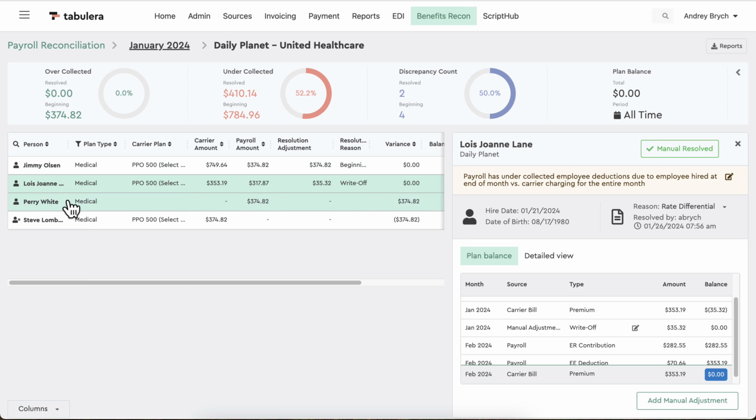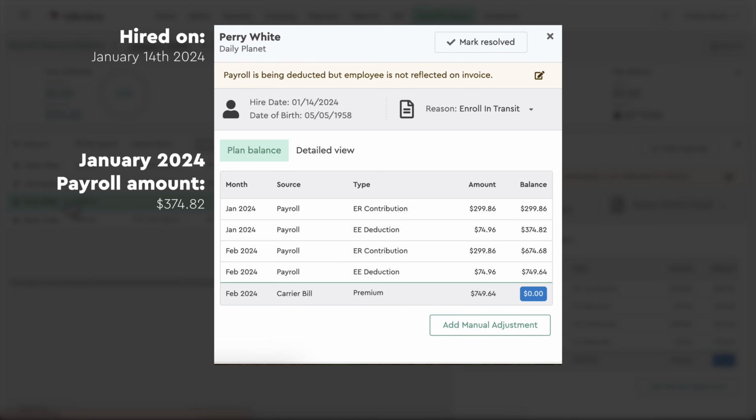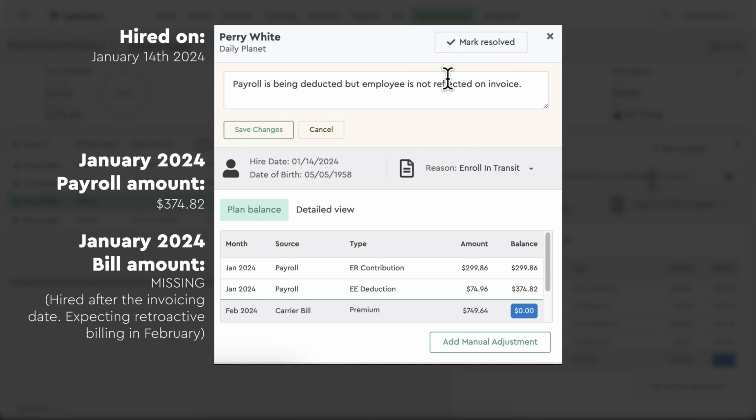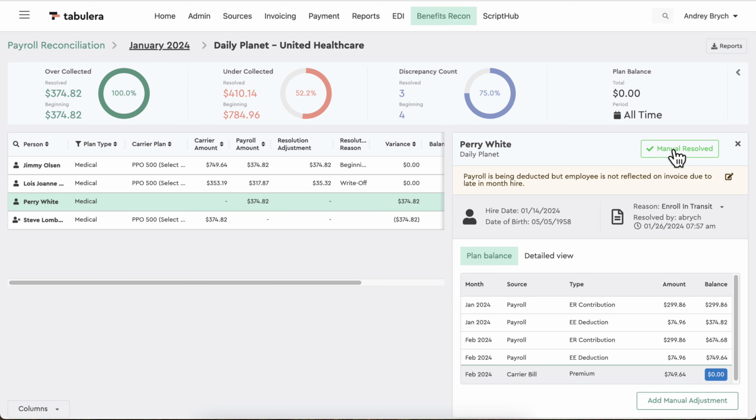Next, we'll click on Perry White, as he was an unresolved status as well. Perry is also a new hire with a payroll deduction amount, but hasn't yet shown up on the carrier invoice. The system has automatically marked him in this status as Enroll in Transit. You can validate his hire date and details, but also notice, since the February invoices have already been uploaded, that the carrier has retroactively billed for January. We'll click on Manually Resolved for January with no manual adjustments necessary, as we see his plan balance is 0